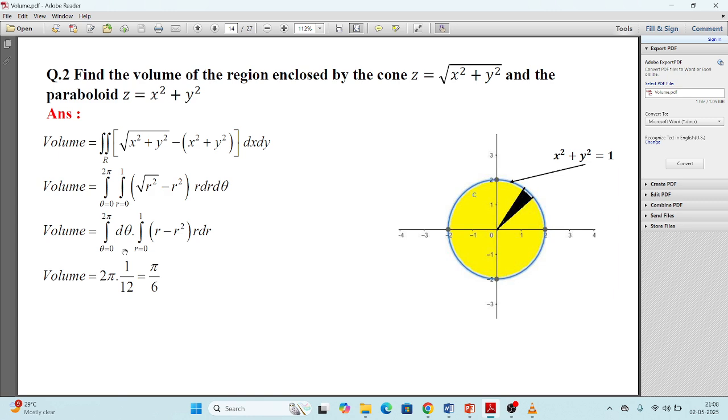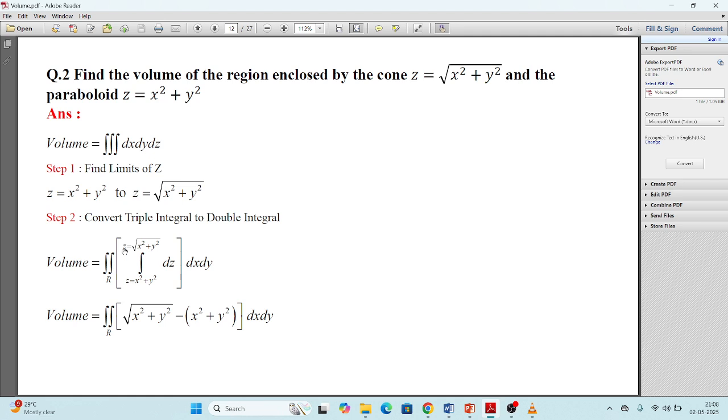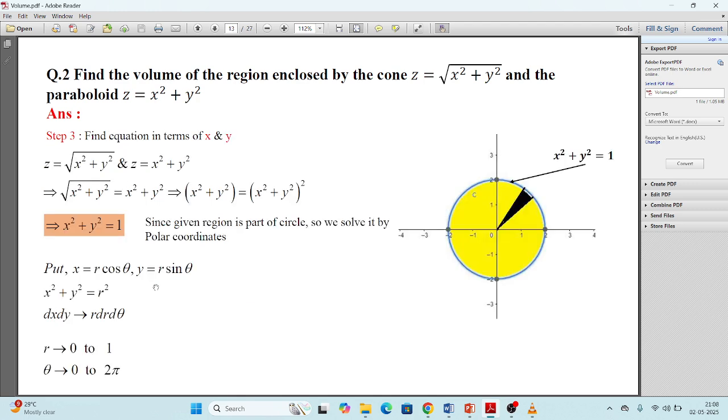Now you can compare this solution with the previous one. तो हमने क्या किया है? Again you are evaluating integration with respect to z first. ज़्यादा से ज़्यादा क्या होगा आपका यहाँ पे साइन प्लस माइनस हो जाएगा. If you take this as the lower limit, this as the upper limit, no issues. First you are evaluating integration with respect to z. Then we are evaluating with respect to x and y.